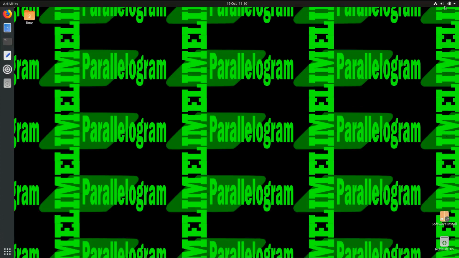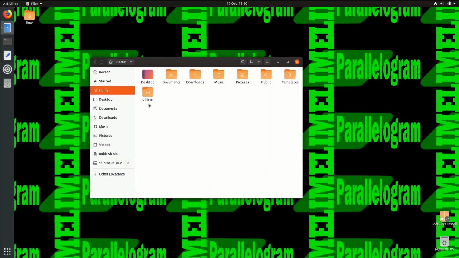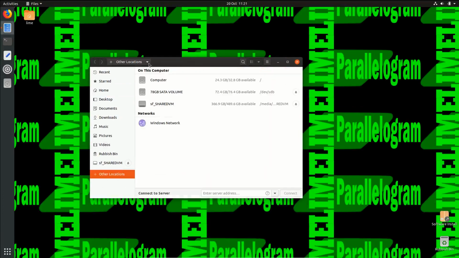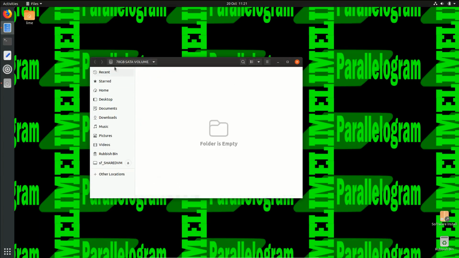Here we go. And before we start with the steps, I'd just like to show you the file structure on this machine. We have our operating system disk here. This one's got 32 gigabytes. And then we have an external disk here, just empty, and that's what we're going to use to store our